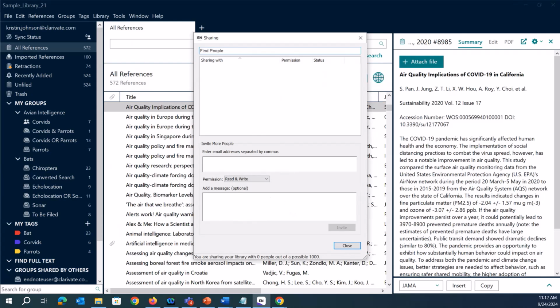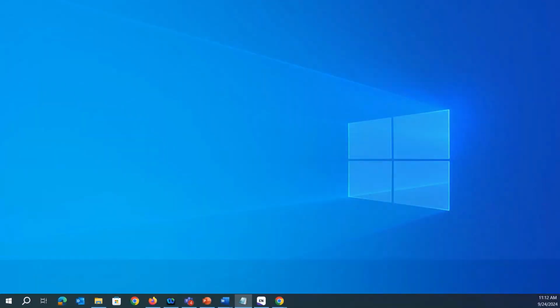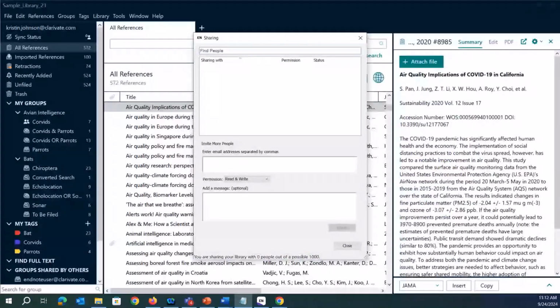So let me get my colleague's email address so I can copy and paste it. And I can put my colleague's email address right in the enter email address box, and you just separate it with commas. You have up to 1,000 people that you can share a library with, and you can add a message